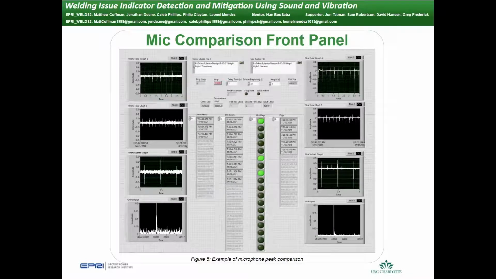This is the example of our microphone peak comparison. Drips are detected by comparing the inputs from the microphones. The Omni microphone picks up background noise and pulsing, but not dripping. The Uni microphone picks up pulsing and dripping. By comparing the timestamps of peaks, it is possible to determine if the peak is a drip, welding noise, or